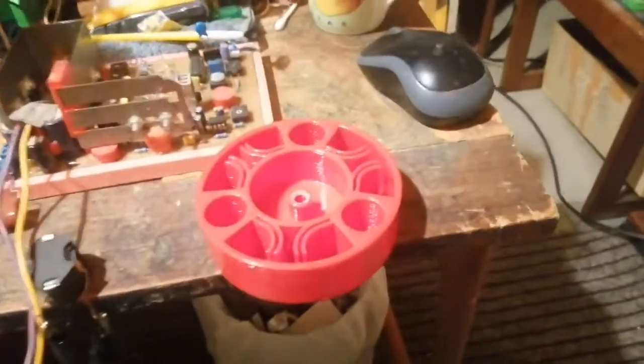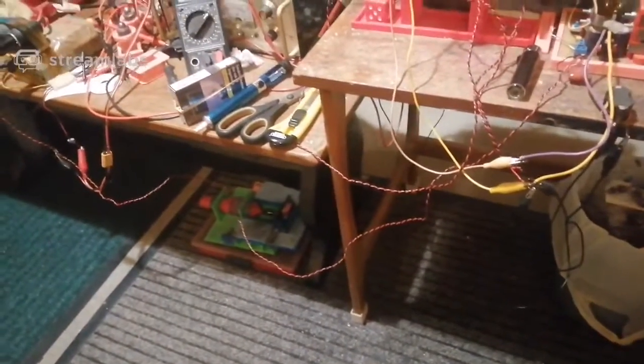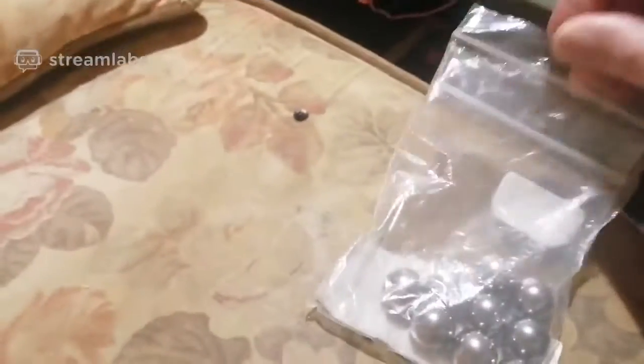But I'm not worried. I'll tell you why. Because it doesn't matter, because I've got these ball bearings over here, which I can use instead. So just move stuff out of the way. I'm gonna have to put my phone on my knee a minute while I get one out. So it's going to be slightly undersized, but I'm not worried. As I say, it's an experiment, so it doesn't really matter. If I get 3 of these out,